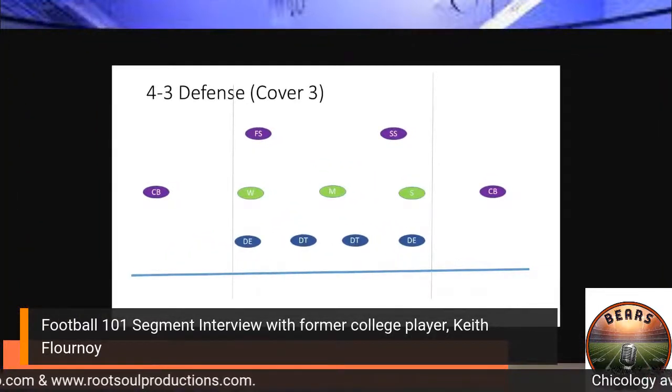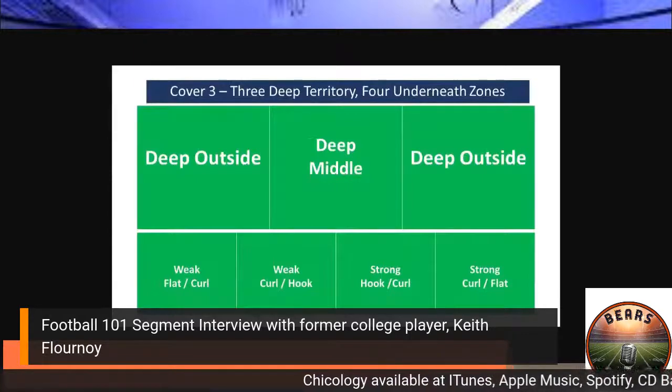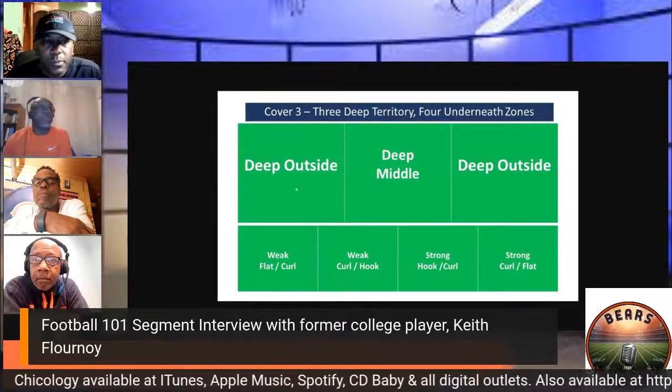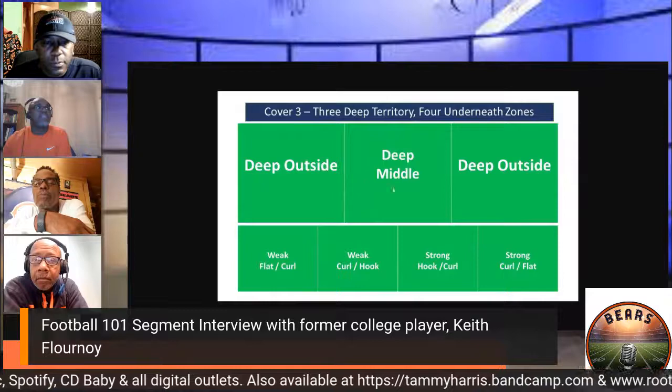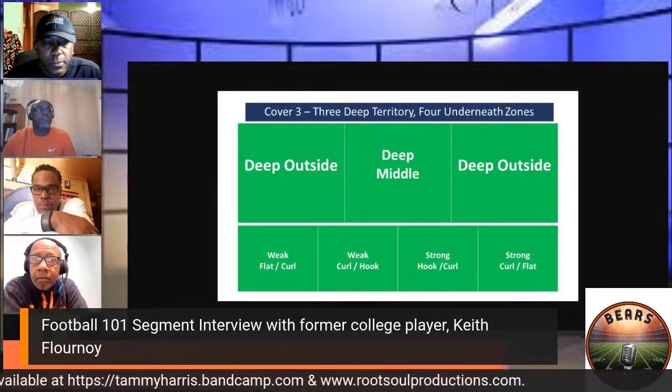So let's get into this last slide here. This is a cover 3. When we start talking about a cover 3, what we got is three defensive backs, or in some cases a linebacker, that are filling these three outside zones. So when we start talking about it from a mathematical perspective,